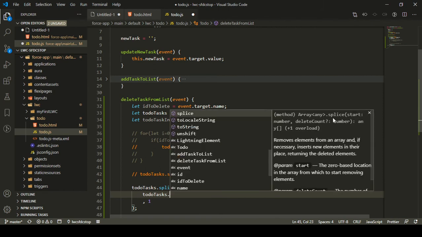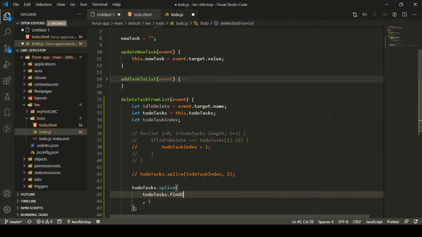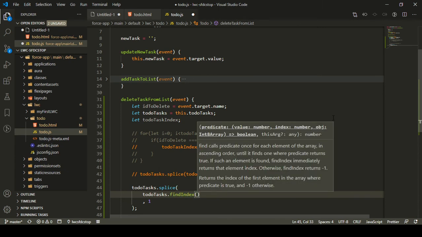So I have a method named findIndex that I can use, and inside it I can specify a function, which is a kind of comparator, which will be used to compare the todoTasks one by one.